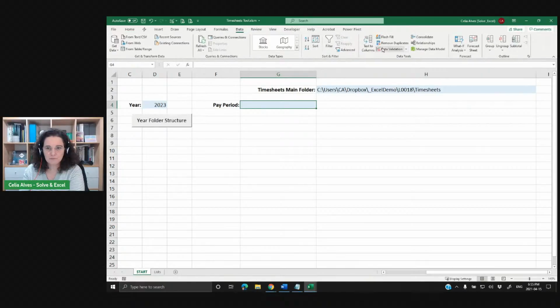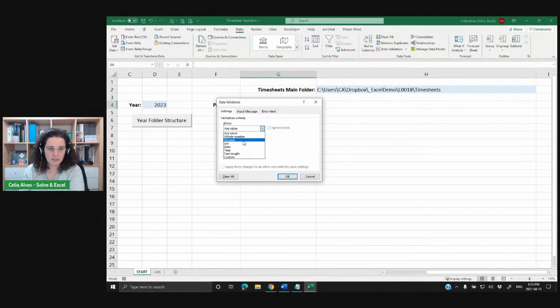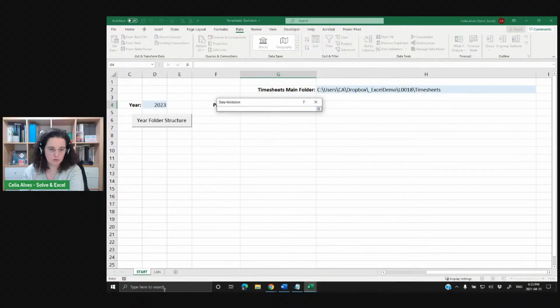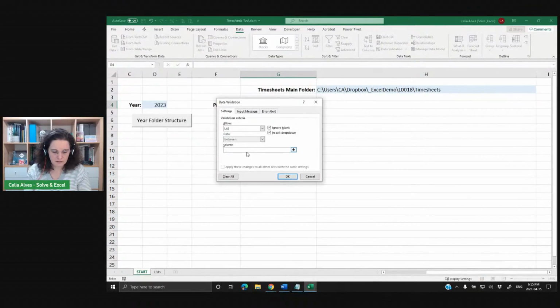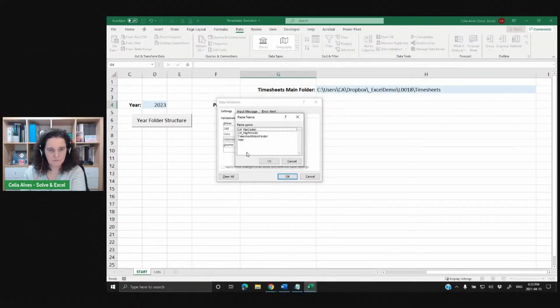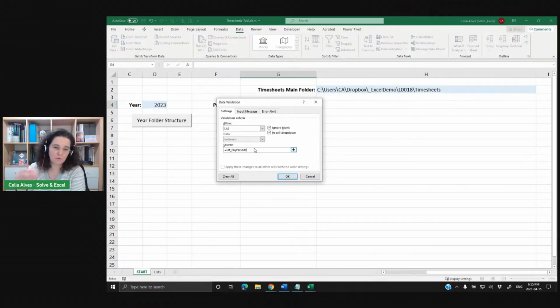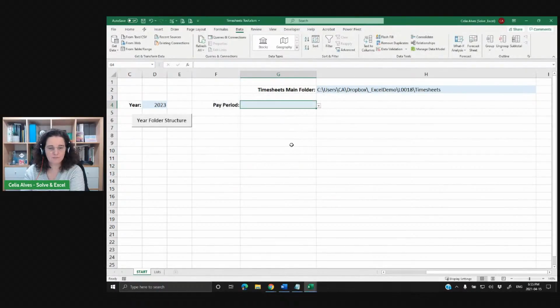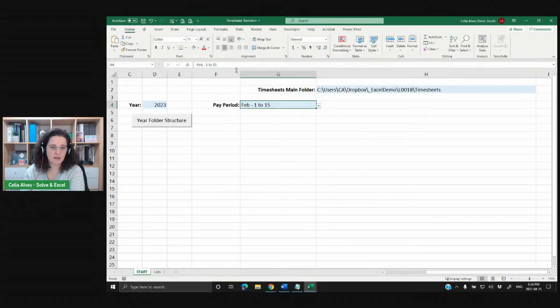So data validation, I want to create a list, and the source, I already have a list. I have a name for that. So let me go back. If I press F3, LST pay periods, that's the list for the pay periods. I already have the name, or you could just minimize here and then go to the list sheet and point to the column where we have all the pay period names. Okay. So now from here, the user can select, and we can center this if we want, can select the